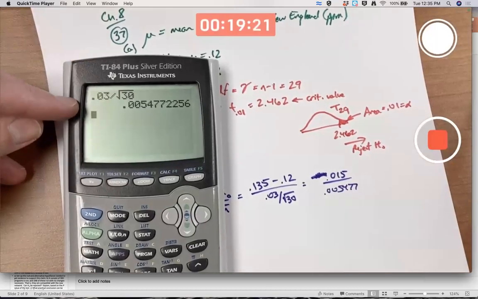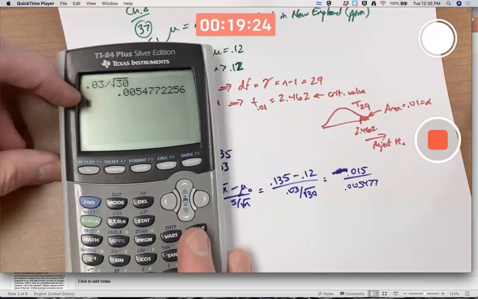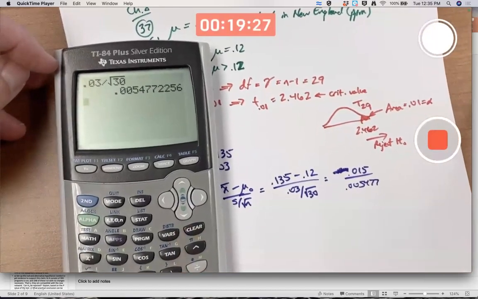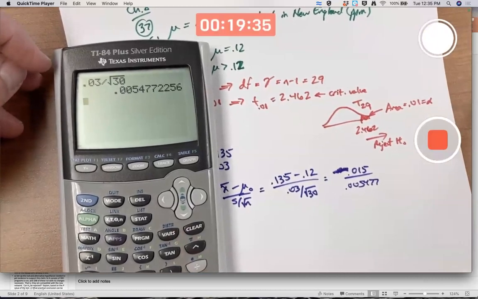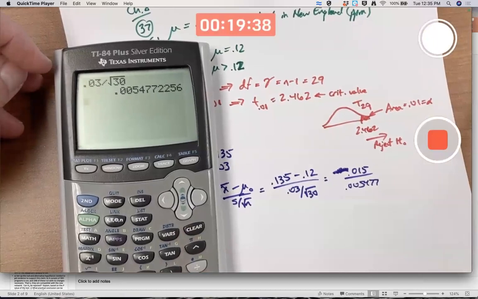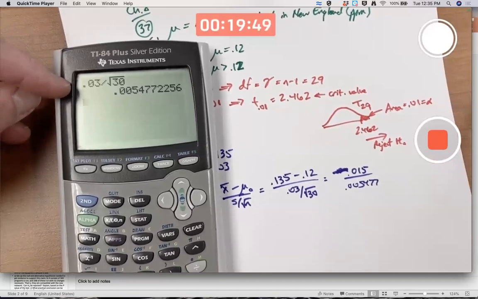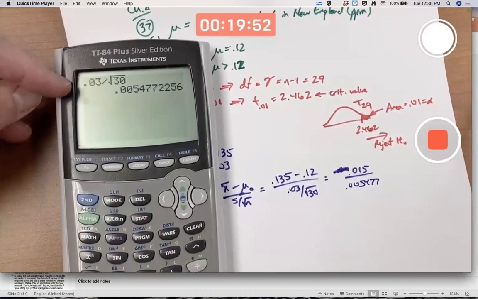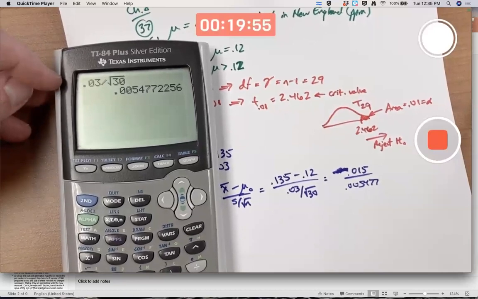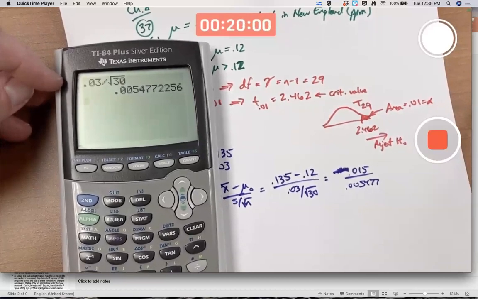What does this number represent? It's s over square root of n. It's really an approximation, an observed estimate for sigma over square root of n, which would be the standard deviation of the sampling distribution of x bar. It is an observed value of the statistic. If we took a different sample, we'd get a different answer, even if n is still 30, right? We still probably wouldn't get s to be 0.03. We'd probably get something slightly different, and we get a slightly different answer here. Using a t distribution sort of intuitively takes that variability into account.